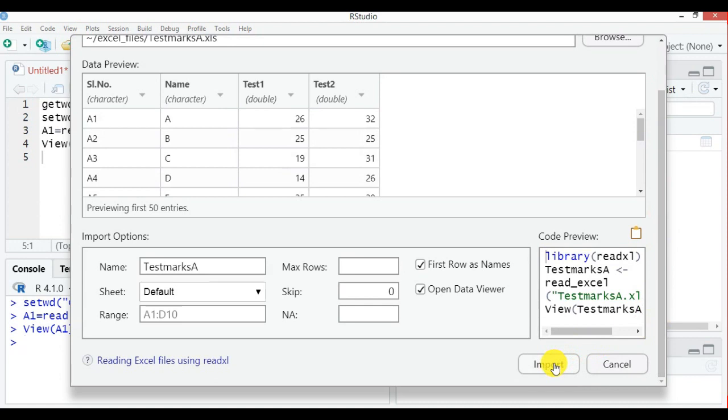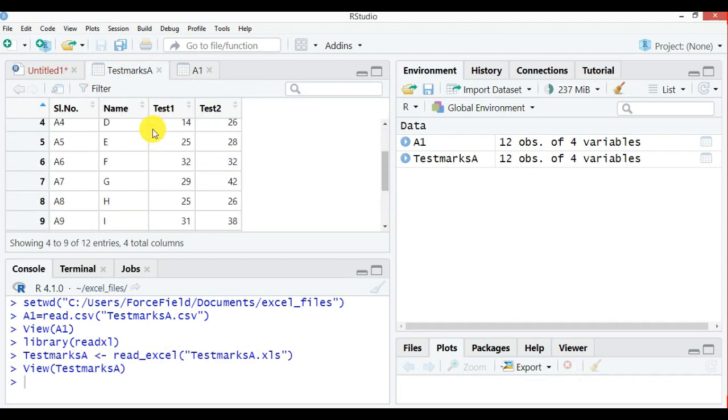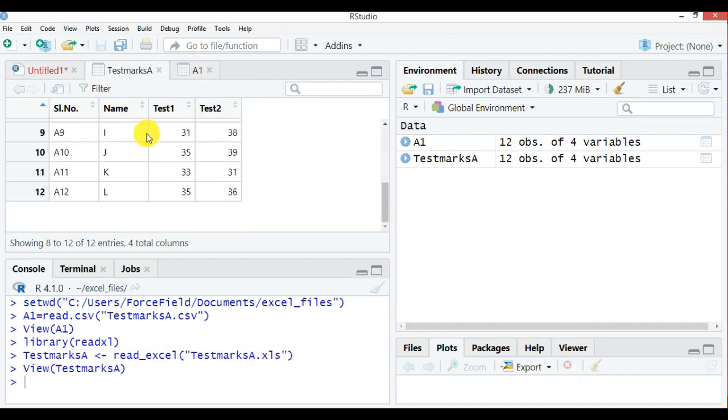Just click on Import. You can see the code which is coming here. This code you can copy and paste in your script file also. So just click Import and that file has been imported. You can see one tab has opened up over here and it is showing those test marks. So this is how you are able to read your Excel files in R.